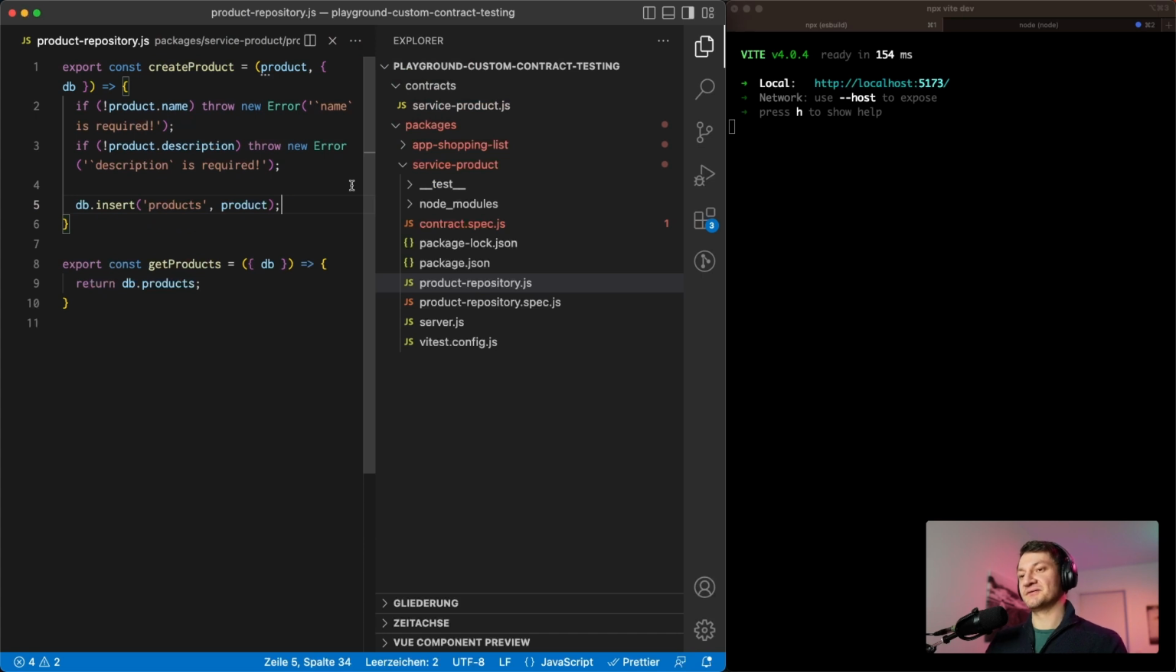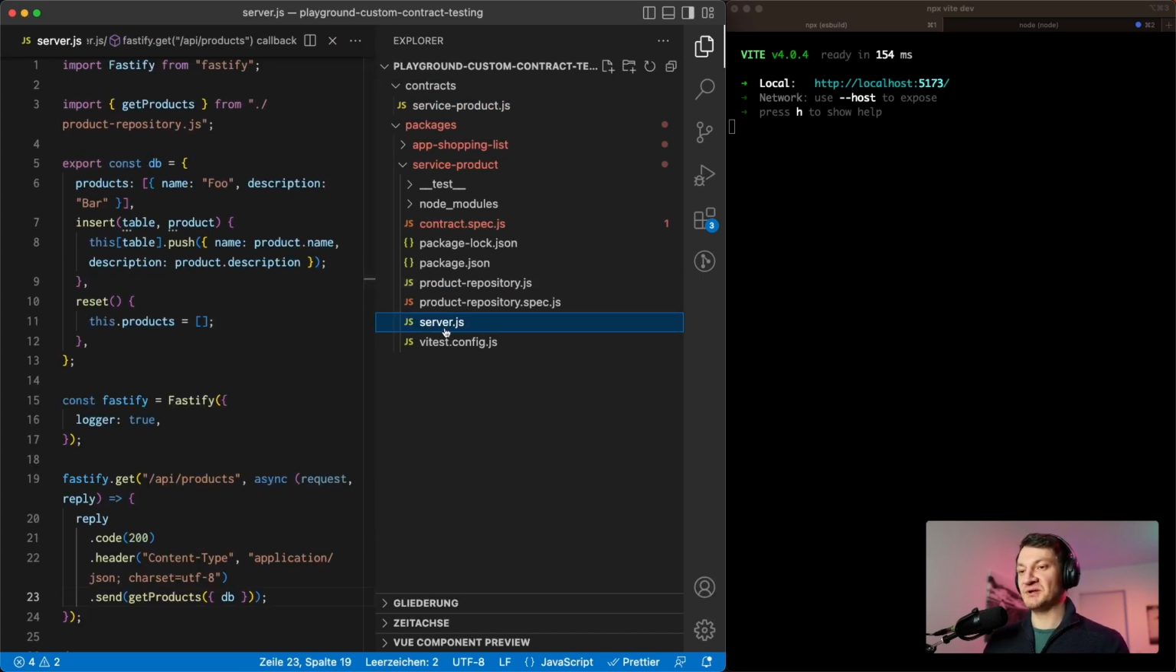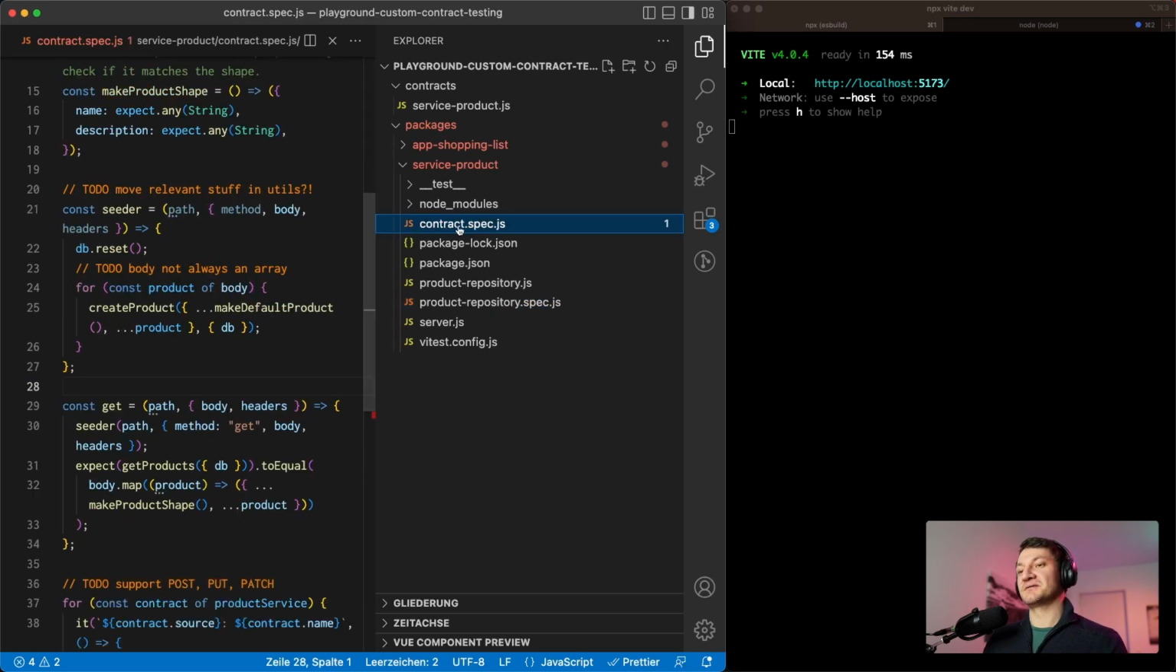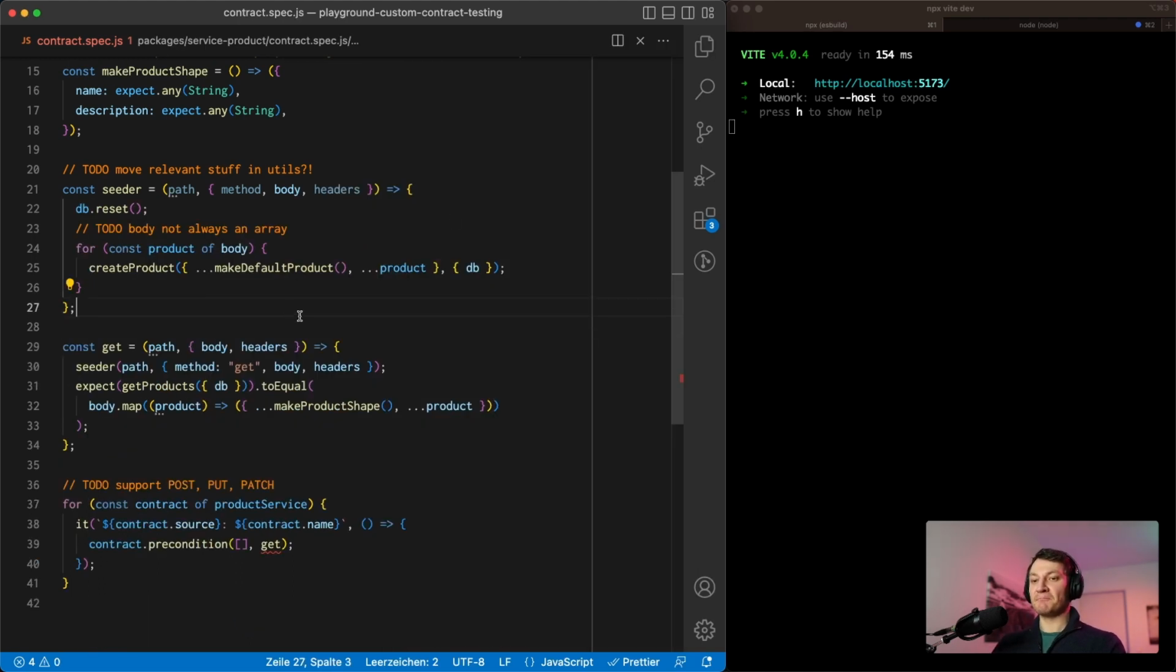Okay, but now something is untested. What's untested now is this server here. So we basically don't have any integration tests for the server itself, and this is what I want to change. We have a test for the product repository, which is fine. Here we use an in-memory database to test if the product service works as expected. This is fine. But now we also want to have integration tests which make sure that really the server works as expected. And I want to do this by making the contract test actually querying the server and not